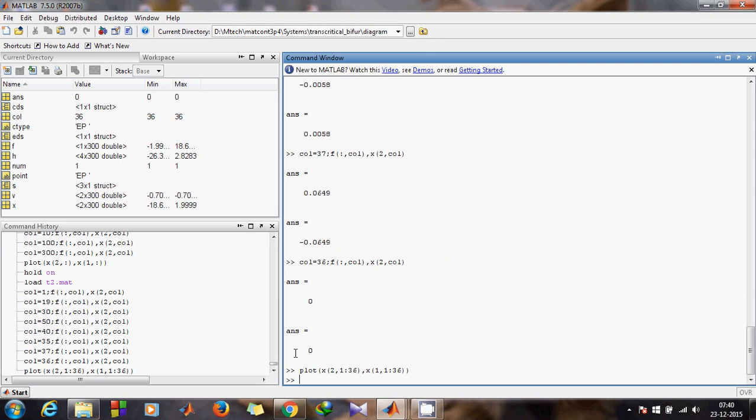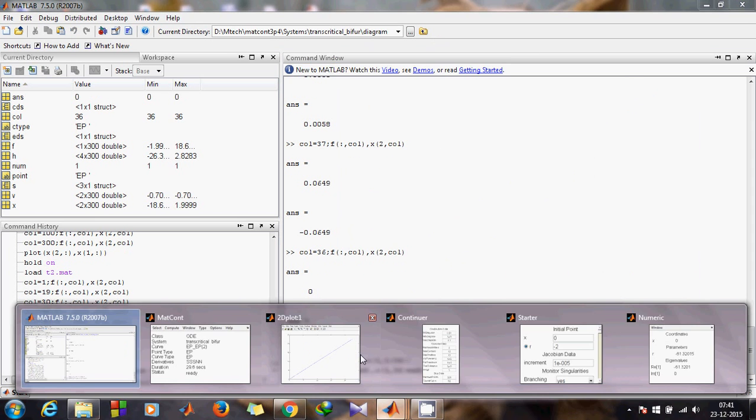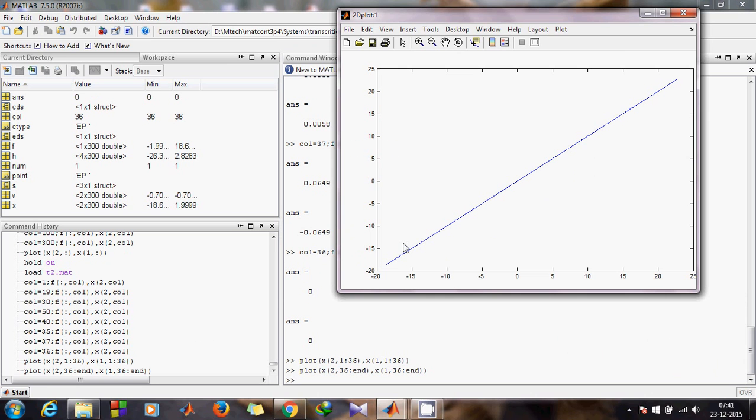Okay, then this is our stable branch, and for the unstable branch we have to put everything else, 36 to end. End means 300 here, so you can write 300 also, no problem. See, it has changed again. So we have this y equals mx branch. Now to have that y equals 0 branch,